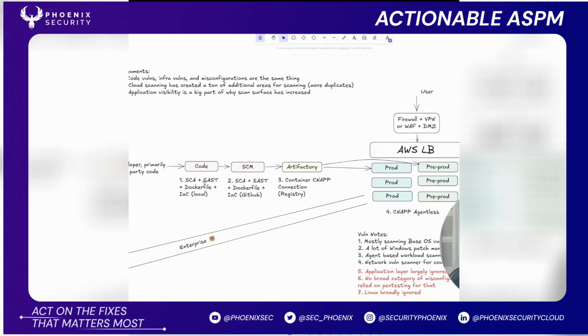And then infrastructure as code, where instead of waiting for the infrastructure to already be out and running, I can actually deduce what images are getting used to deploy